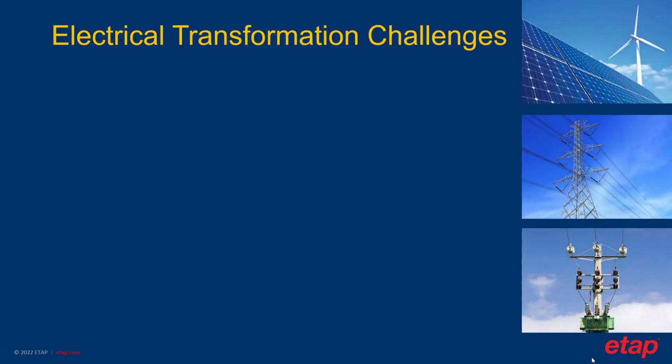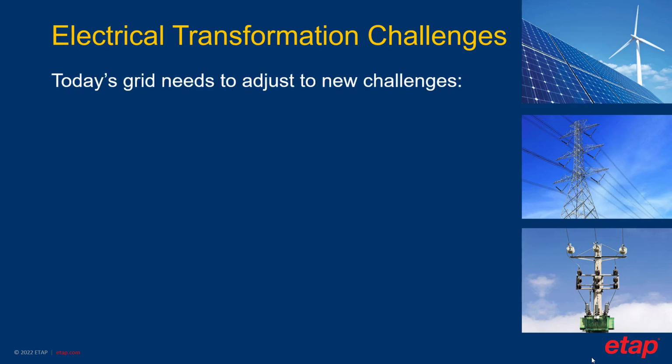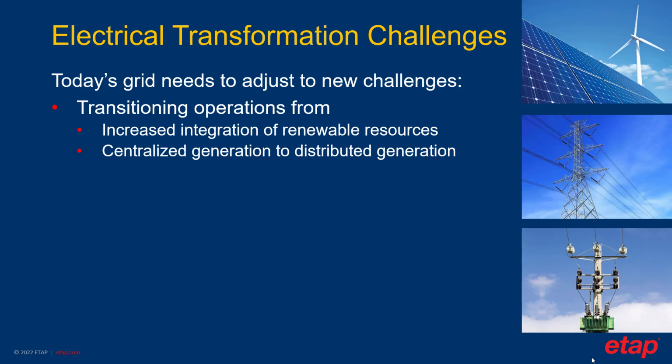As today's grid evolves, there is a continuous transformation in today's grid that also requires a transformation in load shedding solutions. First, there is an ongoing transformation in today's grid with the introduction of new technologies and operations. One of the transformations is the increased utilization of renewable resources on the grid. Second, is the change in operation from a centralized generation model to a distributed generation operation scheme. These changes include in the mix both fossil and renewable energy resources at the transmission and distribution side, which makes the operation and reliability more complex.